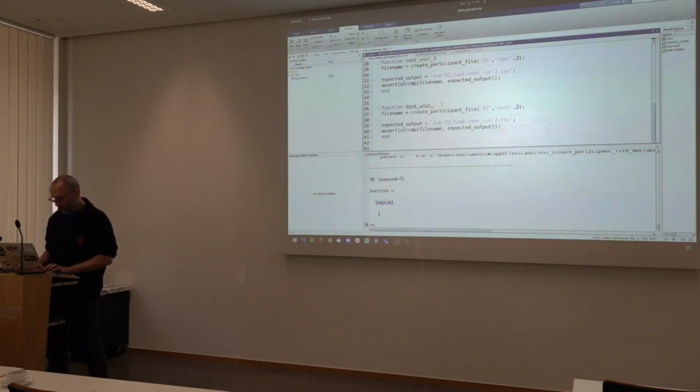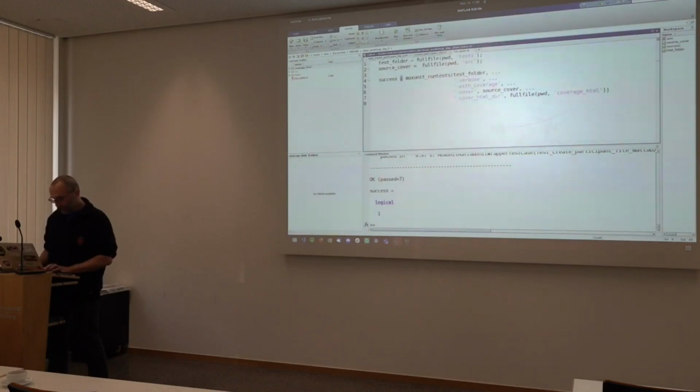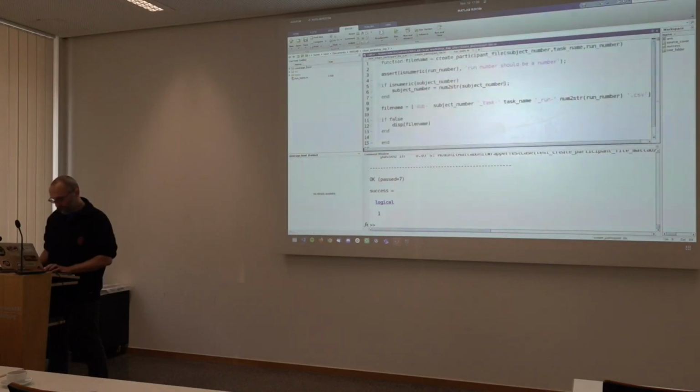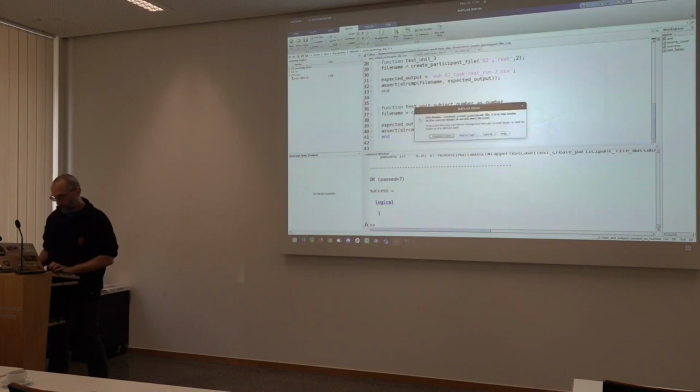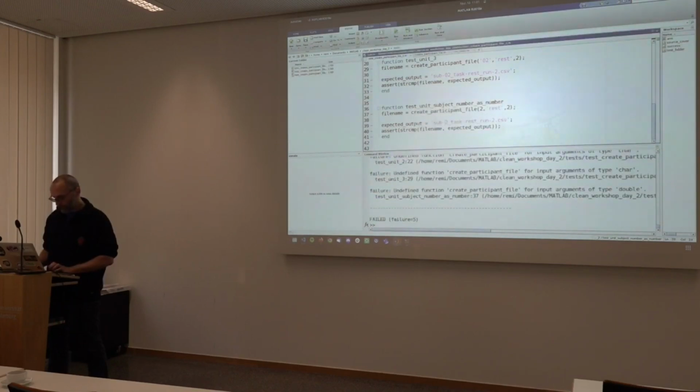So what are we going to call it? Sometimes it's better to start giving even your subtests some sort of meaningful name, so that when they start failing, you know which one failed, rather than just a number. So here, for example, we're going to pass it a number, and therefore we should expect that the output should look like this. You can run it individually.